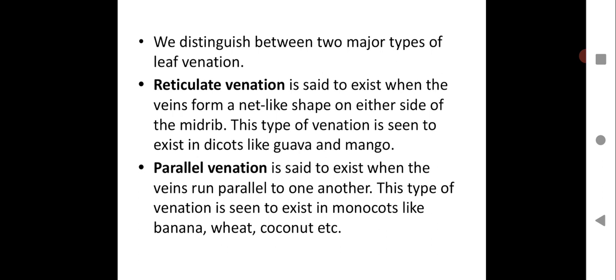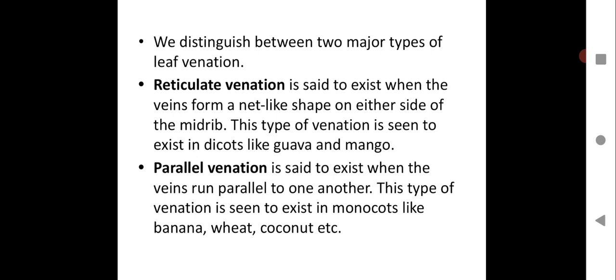This is extremely important. Reticulate venation is said to exist when the veins form a net-like shape on either side of the midrib. This type of venation is seen in dicots, plants like guava and mango. Dicots means the seeds will have two parts.